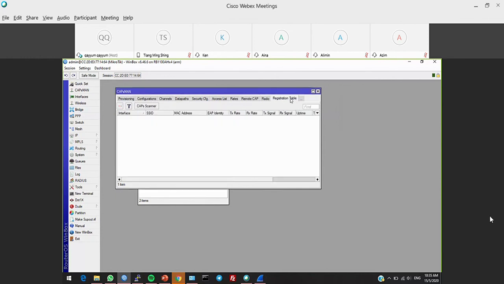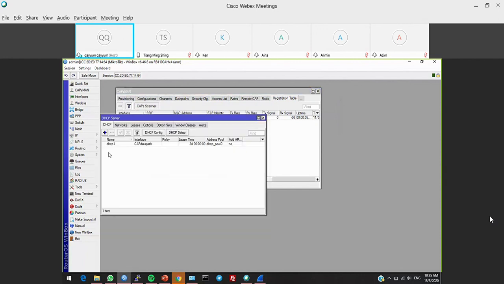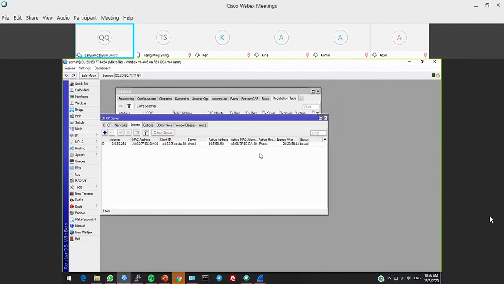My device is connected. So you can see I can get an IP from the CAP. In the leases, this is my device connected. I'm getting IP 10.5.50.254, same as the DHCP server that we created, which is this one. So this is my IP.